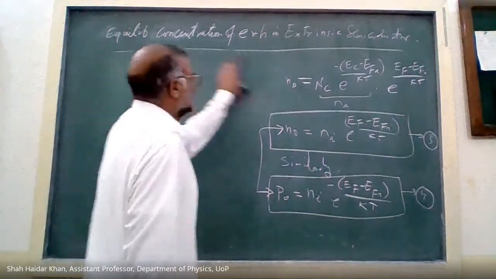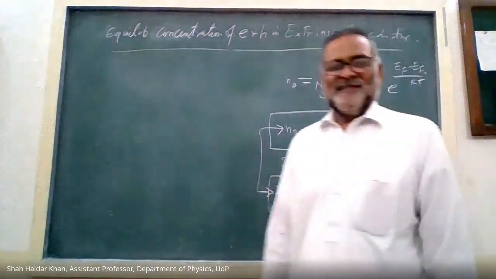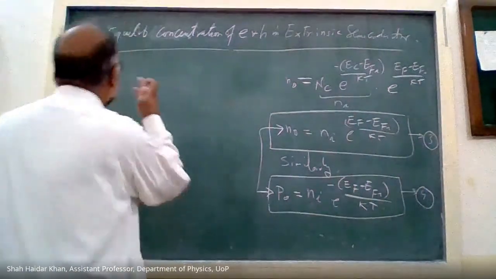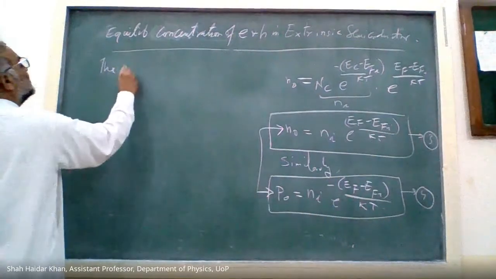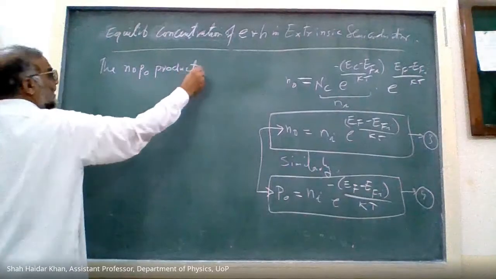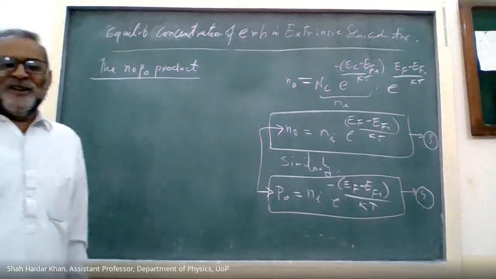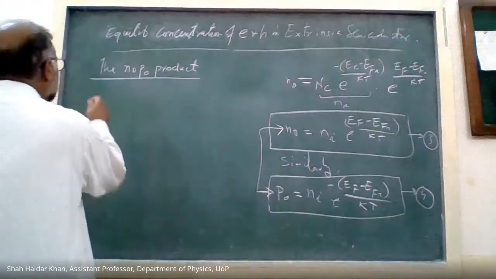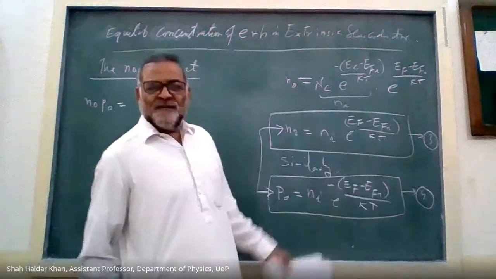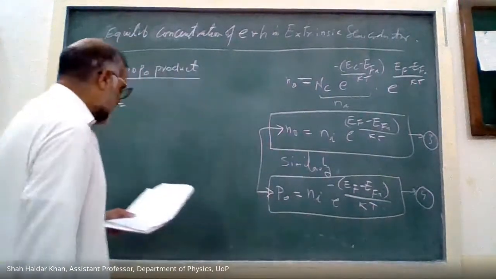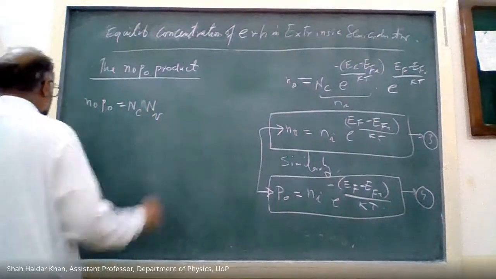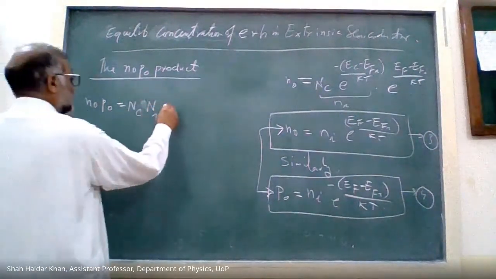What is the product? This is important: the N naught P naught product. So N naught P naught is equal to, you multiply these two equations with each other. So you will get NC and NV, e to the power